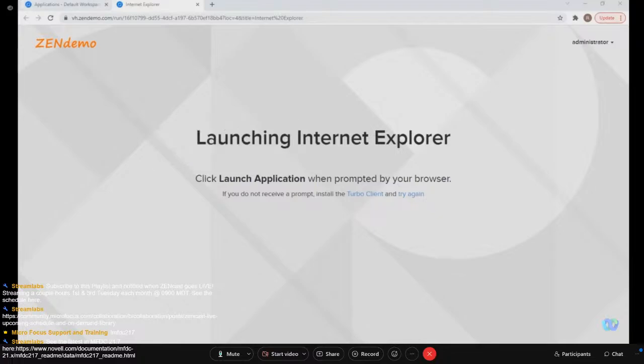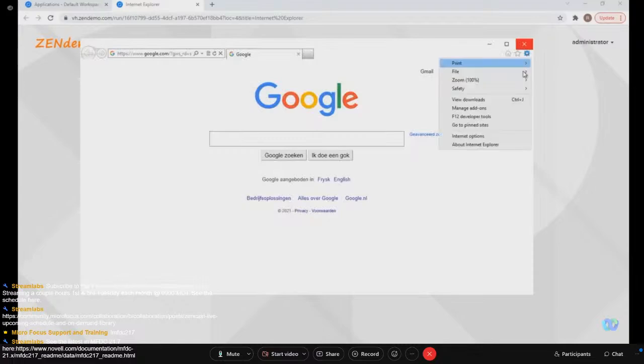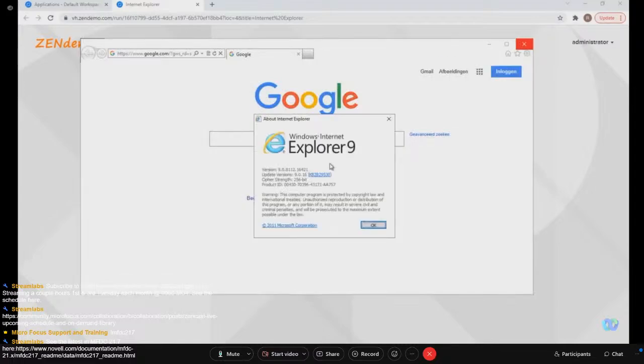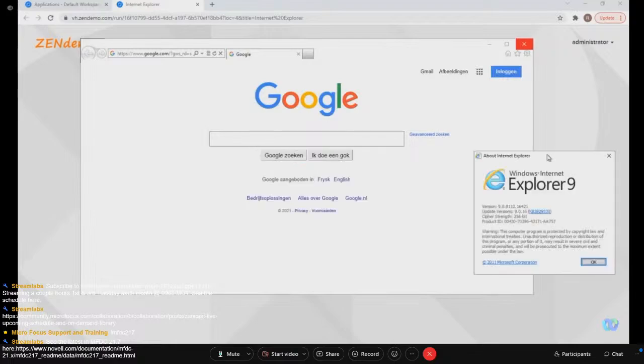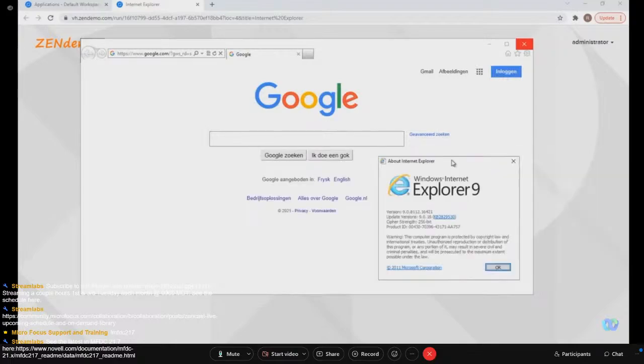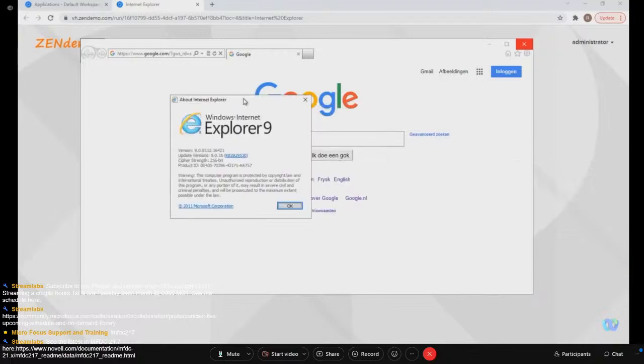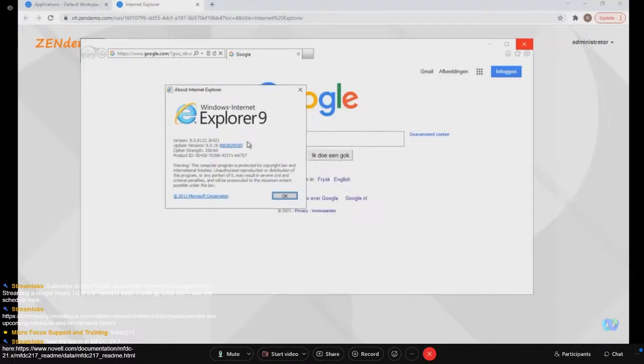Well, obviously it pops up on the screen again. Here I've got my Internet Explorer now running. In this case you can see about Internet Explorer, and now I'm running Internet Explorer 9 on my machine. It comes up in Dutch because I'm in the Netherlands. So I'm now running my Internet Explorer 9. It's actually running on my 2019 server in the data center, but I'm just getting that as an application on